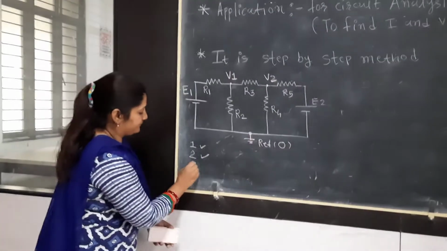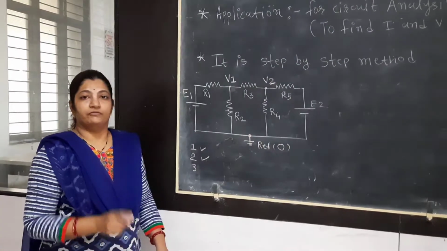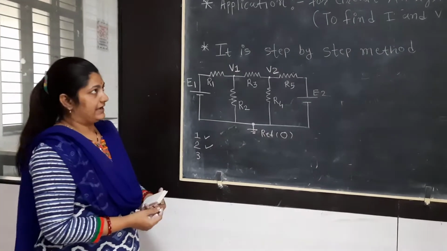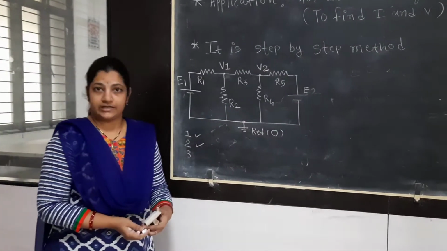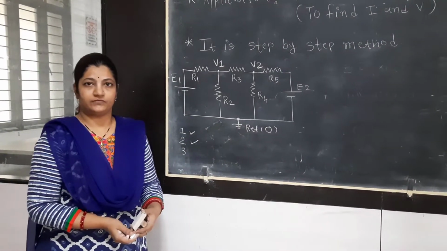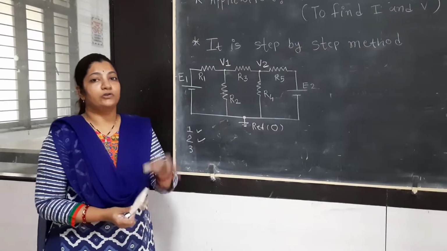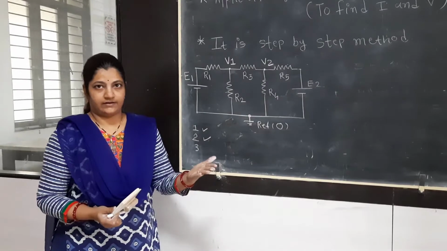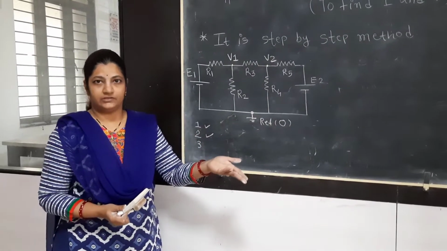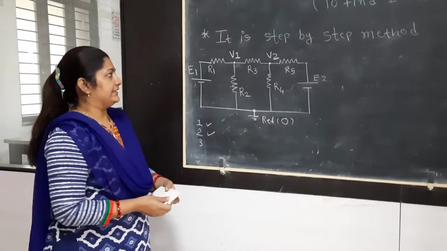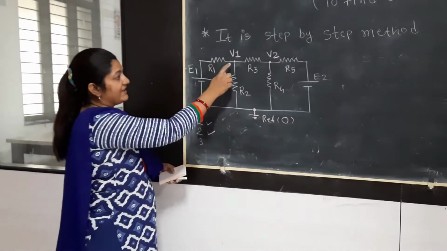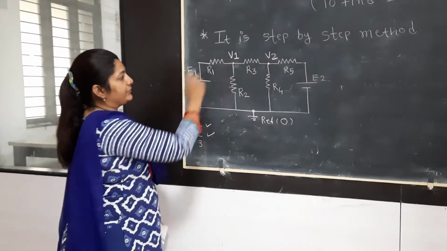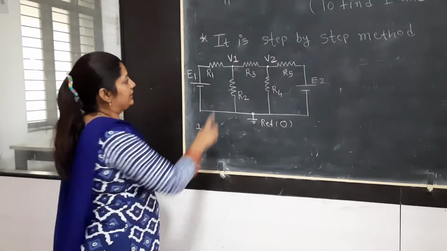Step number 3: pick one node at a time. We want to apply Kirchhoff current law. If you remember the statement of Kirchhoff current law, it is applicable for a node only. We are interested in checking the incoming current and outgoing current, and then we can apply the further logic for KCL. So here I will pick one node at a time. Let's say this node I am going to consider as node number 1.